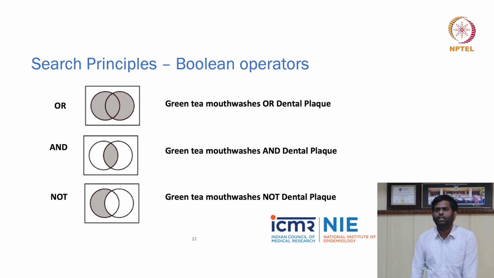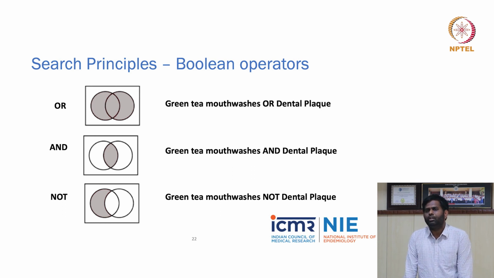So this is the third principle. It's called Boolean operators. When we are building a search strategy, we have multiple key terms. These key terms will usually correspond to the PICO format, so we need to specify the population, intervention, comparator, and the outcome. While building a search strategy, we need to focus on the PICO format and take into account all the components of the PICO.